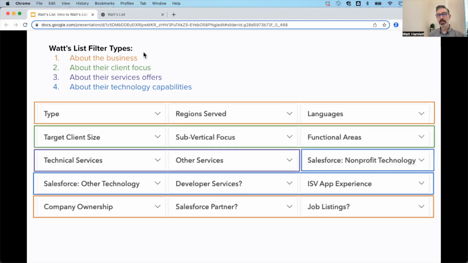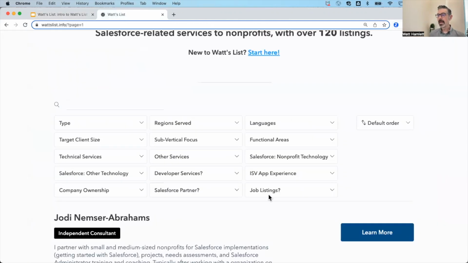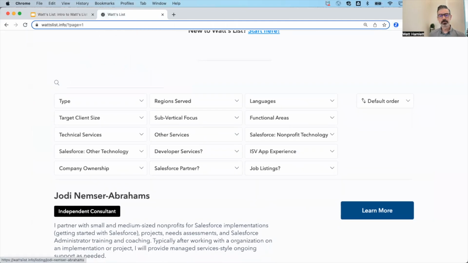So this is really the dials you're able to turn on Wattslist to help you identify the consultants that are going to be the best fit for your need. What type of business are they? What sort of clients do they focus on? What type of services do they provide? And what sorts of technologies are they able to support? Okay, so let me head back over now to the site